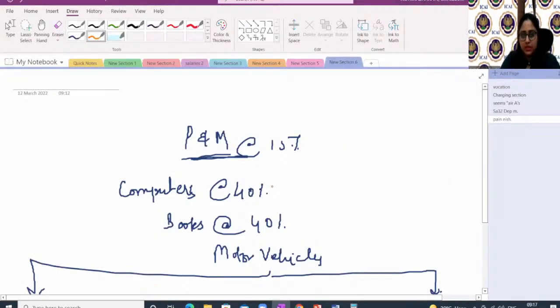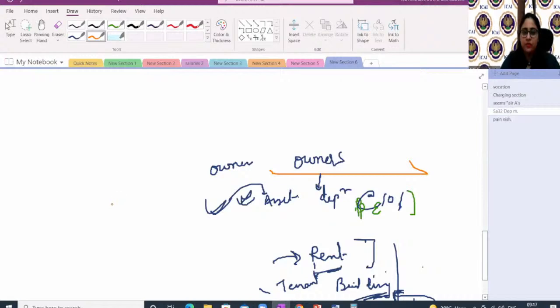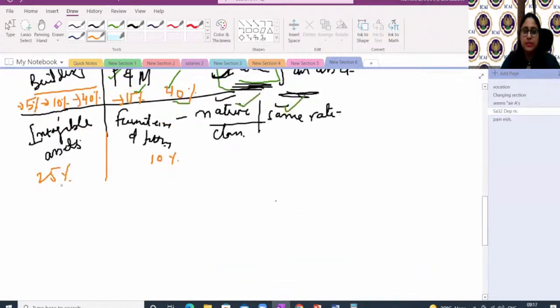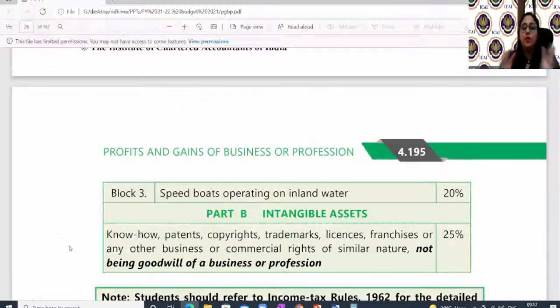So this is the rate, and the last rate which we have yet to discuss is intangible assets. Intangible assets के case में the rate is 25% for any intangible assets. Now, what are intangible assets? Intangible assets can be your trademarks, your license, patents, franchisee, but